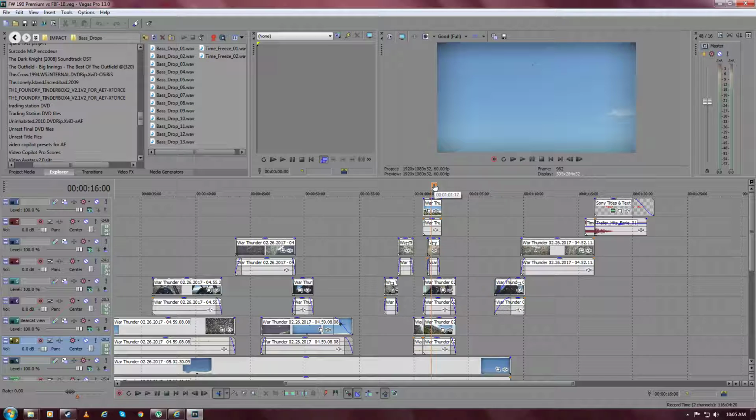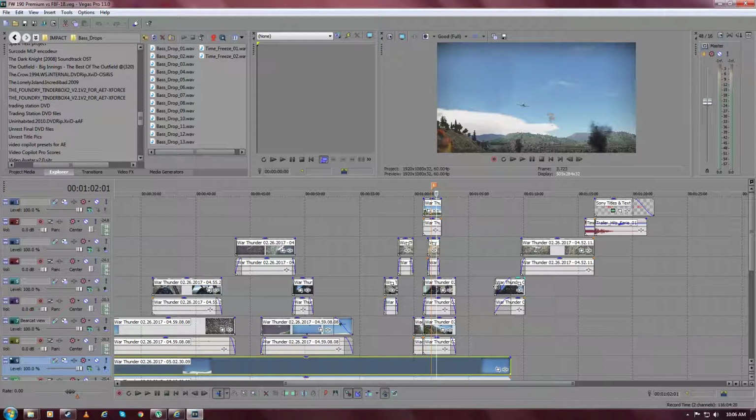Basically, you can put markers, like this marker was when the plane crashed. Let's see. I think it's either when I hit him or he crashes. Yeah, right. See that light? I marked the light so I knew where to sync certain sound effects. So all the tracks would sync to this crash, and then I would just start shortening them. The beginnings were off sync, so I had to shorten them and then move them around a little bit.